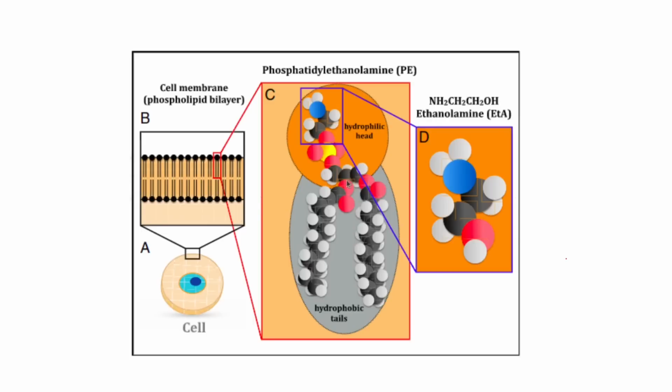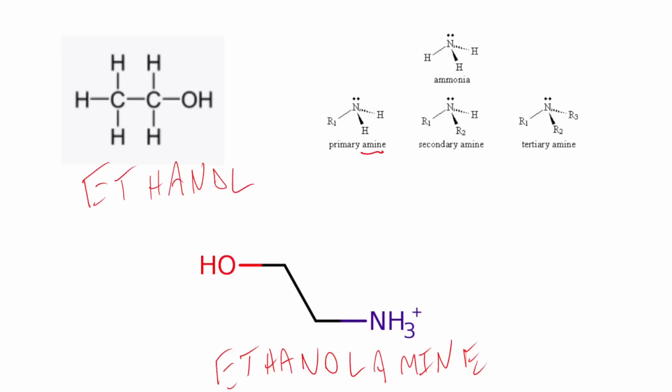And somewhere along the line, for whatever reason, in biology, we stick these what are called head groups onto this phosphate molecule. And there's a bunch of different head groups, but one of the most common ones is this thing called ethanolamine. And ethanolamine sounds really complicated. It's a bit less complicated than it probably sounds. This is ethanol. It's just two carbons with hydrogens and then an OH on one end. And this is an amine over here. It's really just an N, and this R means it can be stuck onto anything. So it's really just this kind of NH2, or it can also be NH3 plus if it has a third